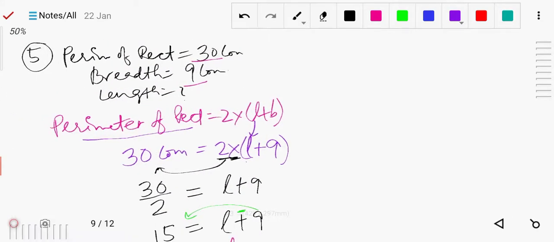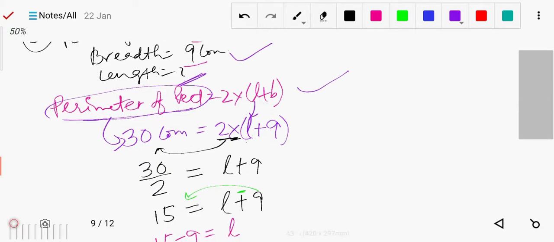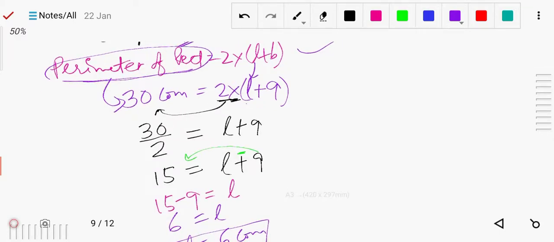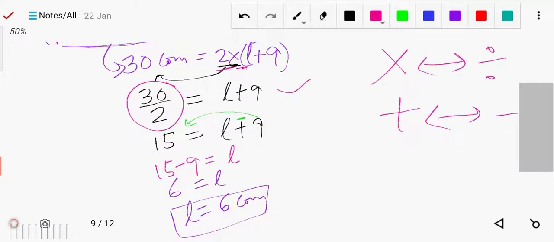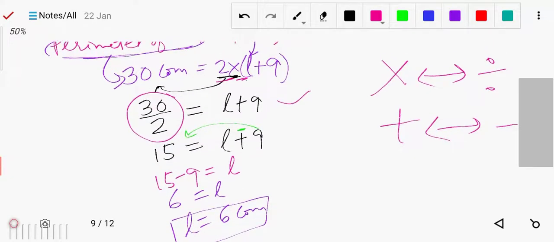Once again you can see it. Here perimeter is given and breadth is given, length we have to find. For the perimeter of the rectangle, we write the formula. Then whatever values are given, the L value is not given, the B value is given. Then comes the simplification. This 2 we will send to this side, so it will be divided because it is multiplication. If you change sides, multiply will become divide, divide will become multiply, and the same for plus and minus: plus will become minus, minus will become plus when you change sides, left to right or right to left. Same we have done here, and then this 9 we send to the other side. So this is the solution: L equals 6 centimeter.